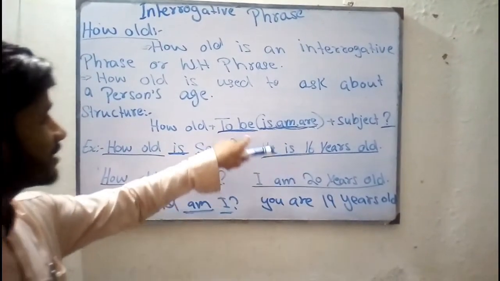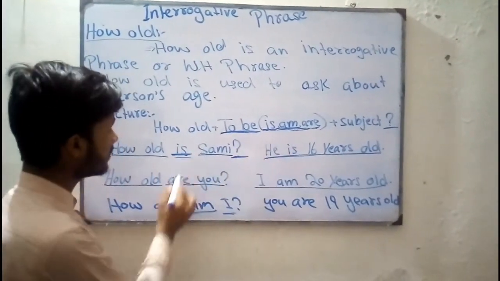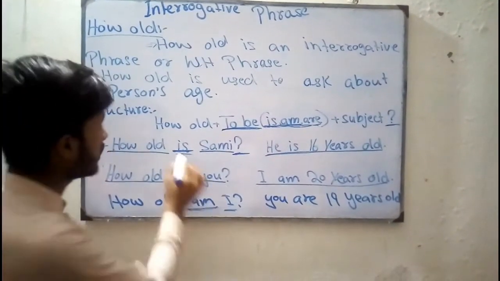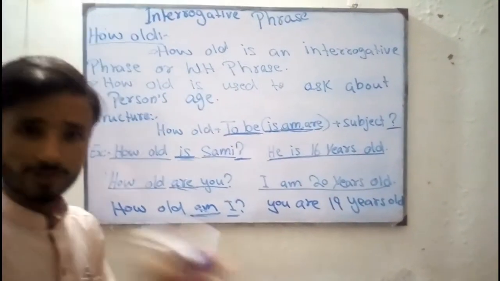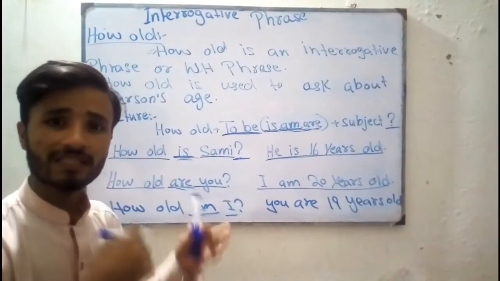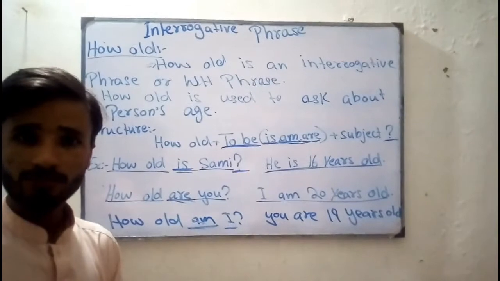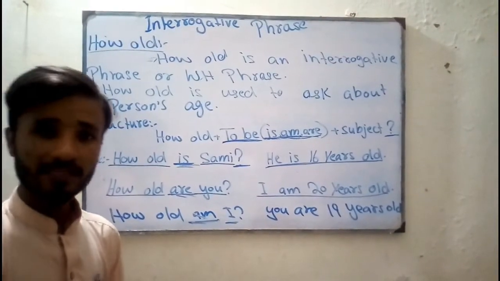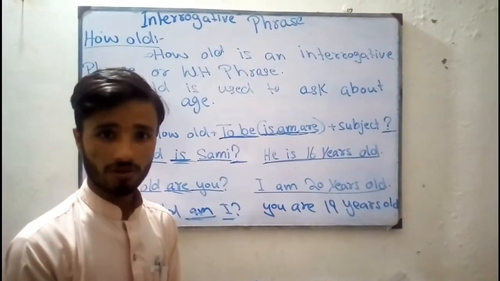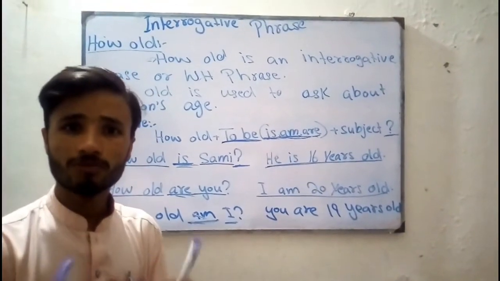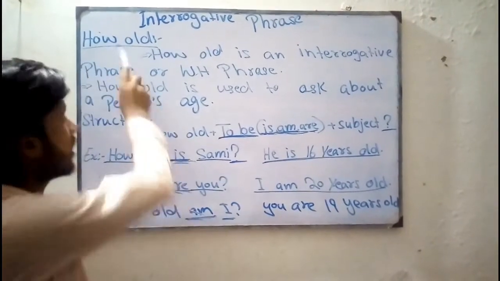So here I made a question with M, right? As you can see in the structure, to be means SMR. So I made a question with three of them, S, R, and M, so that it is clear to you guys and you get it as soon as possible and easily. Is this clear, guys? So how old am I? You are 19 years old. Whenever we want to know about someone's age, then we have to make a question with "how old".